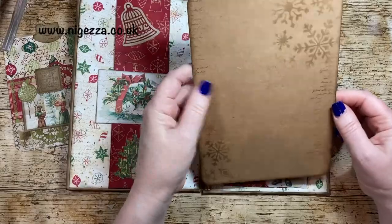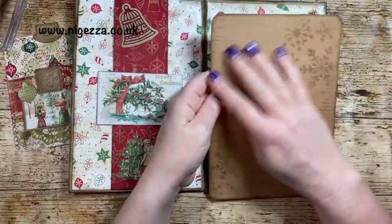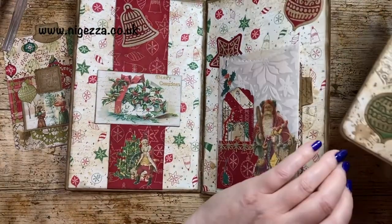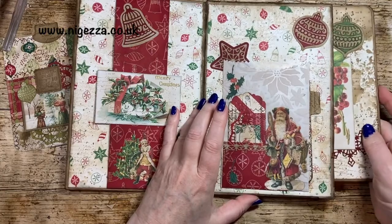And then I did a little bit of stenciling there and that. So this is craft card. It's nice and thick. Thought you could put photos or whatever on the back there. So I'm going to make one of those again,